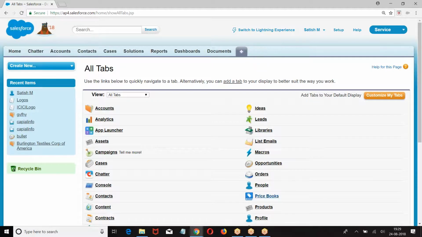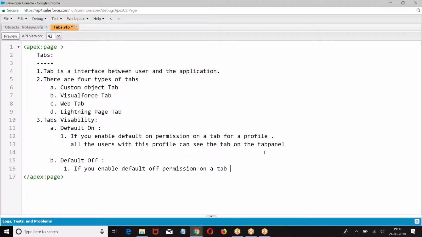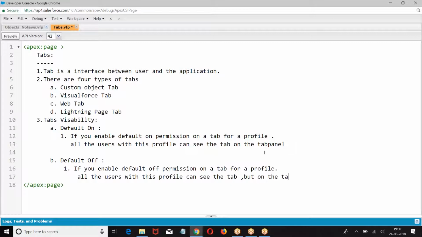Okay. Next, default off. Default off means you can see the tab, but not on the tab panel.